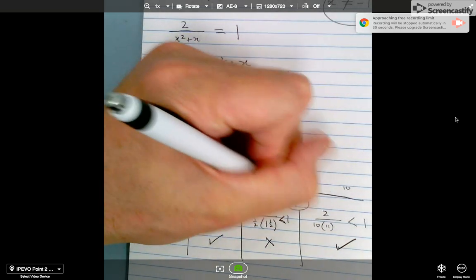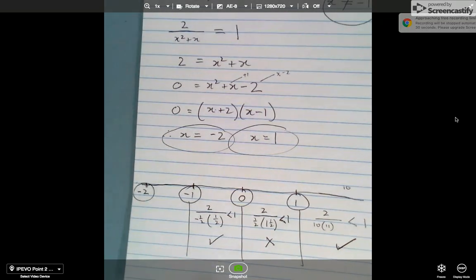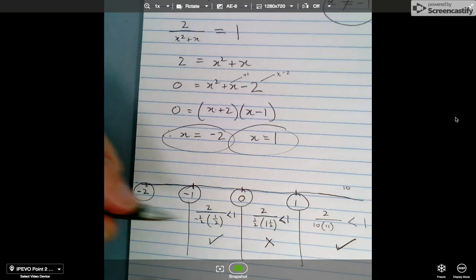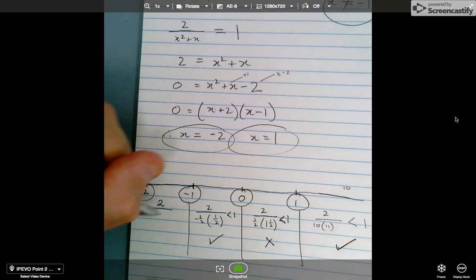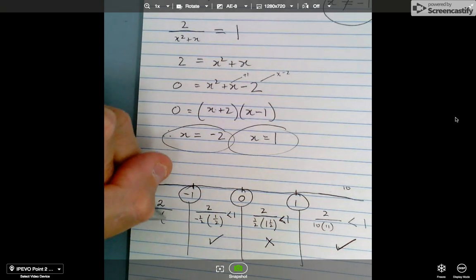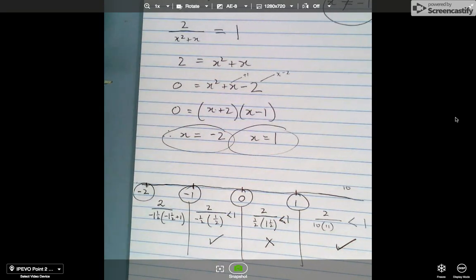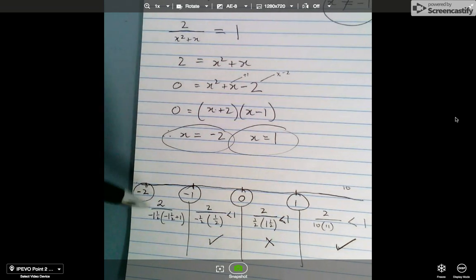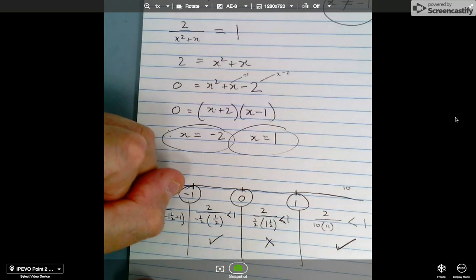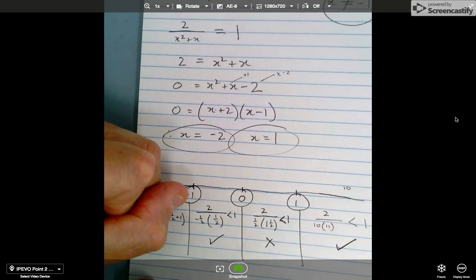I should have made them a bit more prominent. And then again, you would test these other two. So here you might put into a calculator 2 over minus 1.5 times minus 1.5 plus 1. And what you're going to get there is you're going to get 2 over 3 over 2 times